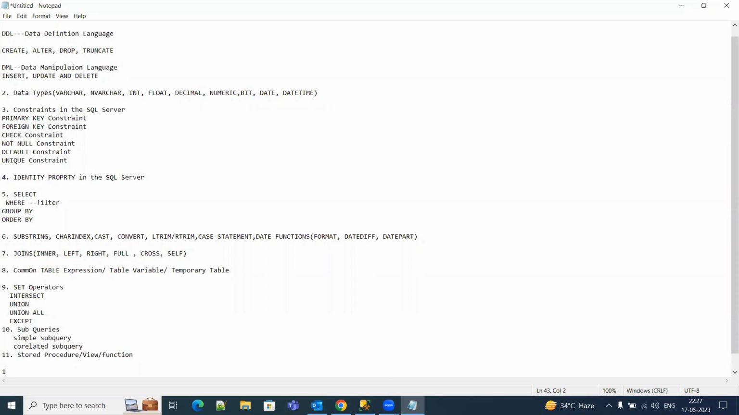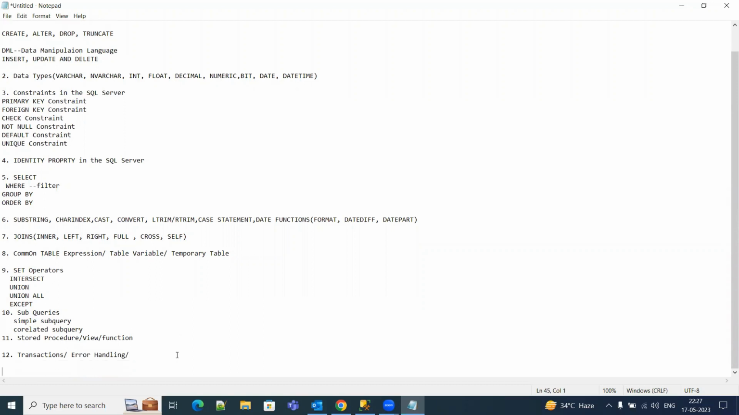So within the stored procedure, we can apply different things like transactions. We can perform error handling. After that, we can also use cursors within the procedure sometimes. So we will see